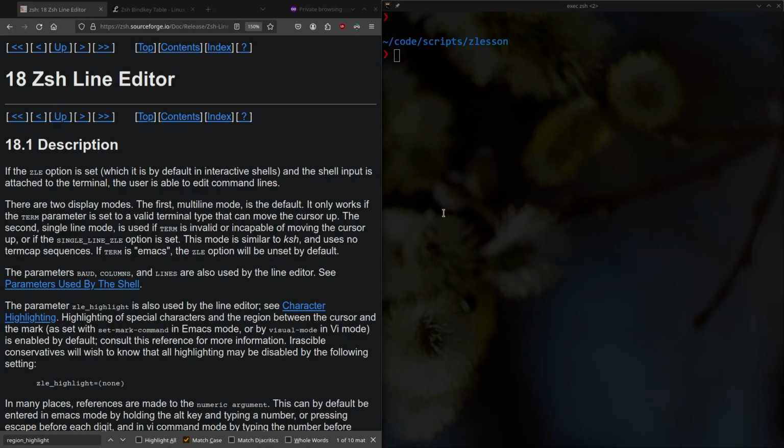Hello and welcome to this tutorial for the ZSH Line Editor, or as I will be calling it from now on, the ZLE, to save my own tongue. So what exactly is the ZLE? In a sentence, it is the main tool for creating plugins and interactive command line features for the Z shell,